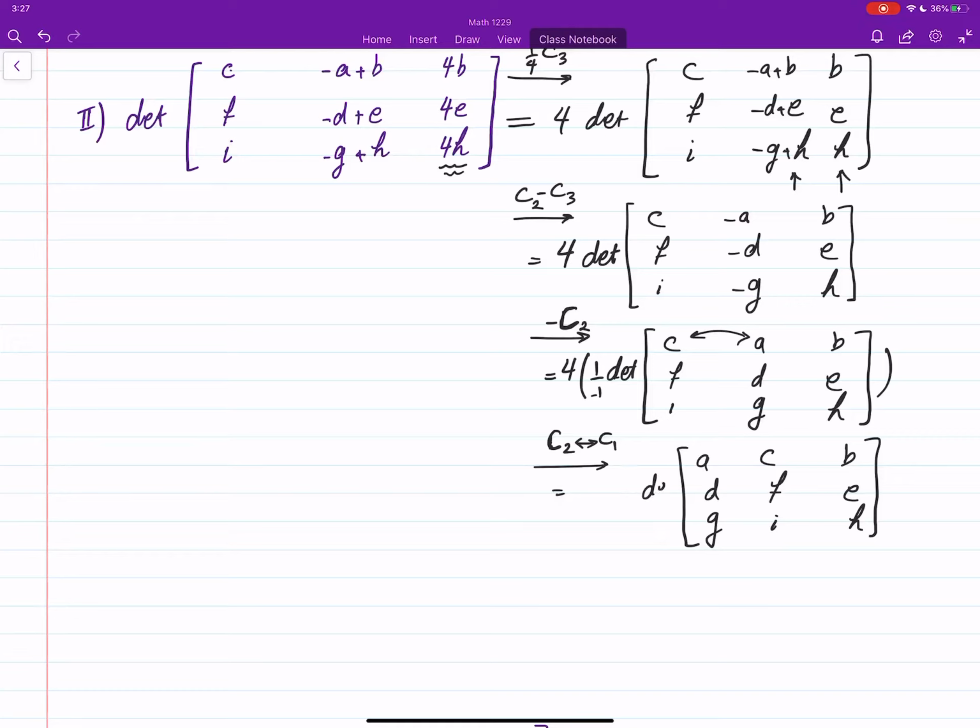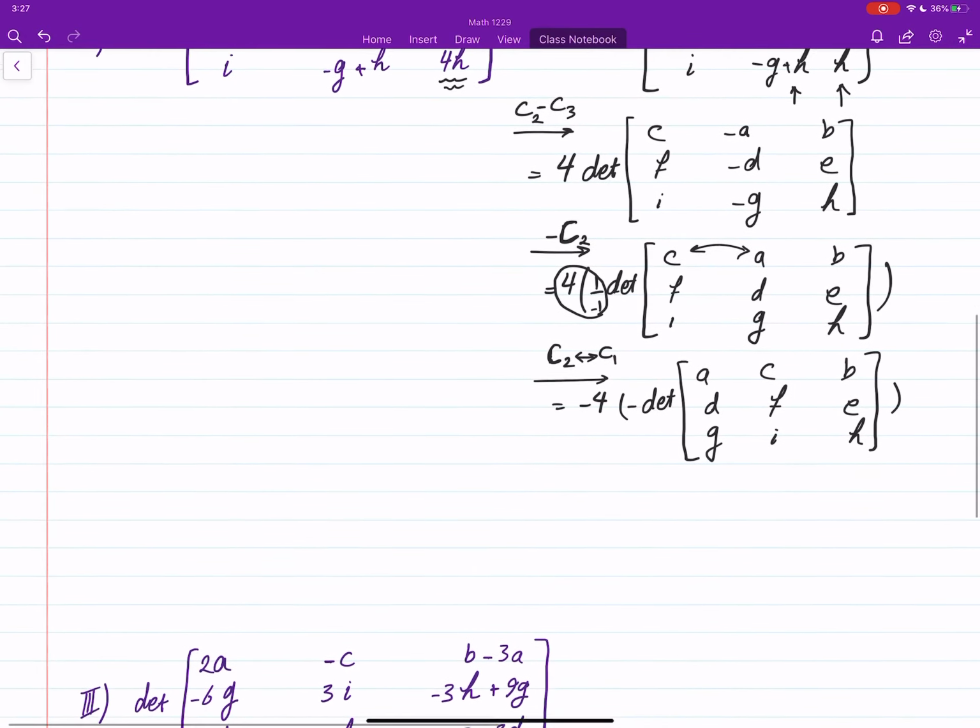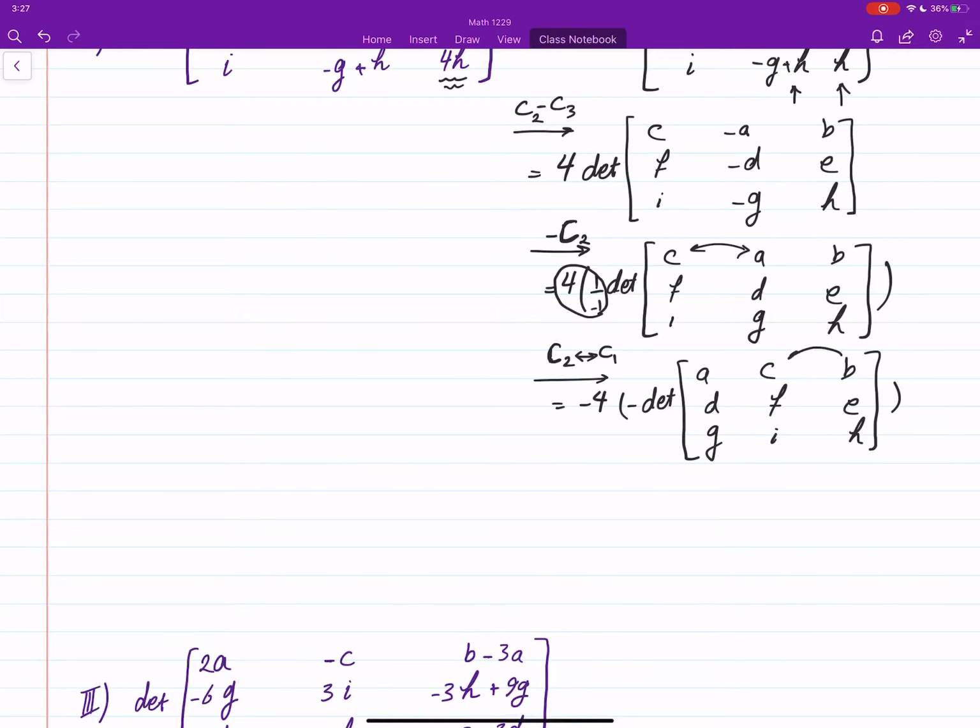This way, the determinant needs to be multiplied by a negative sign, interchanging 2 columns. From before, we have negative 4, so we have to put that one back in. And now we need one more change: column 2 and column 3. This will bring us, minus minus, this is 4 times. There will be another negative sign because we interchanged